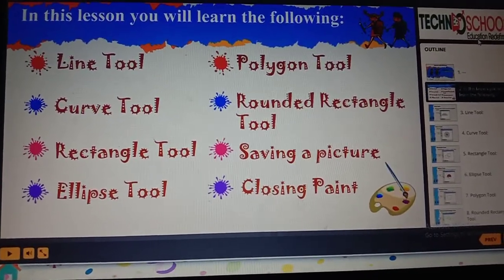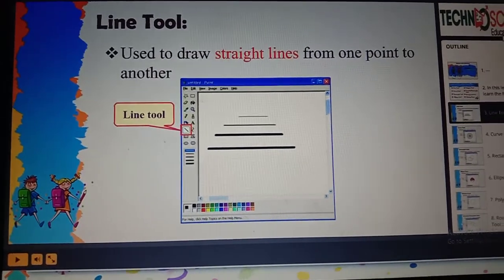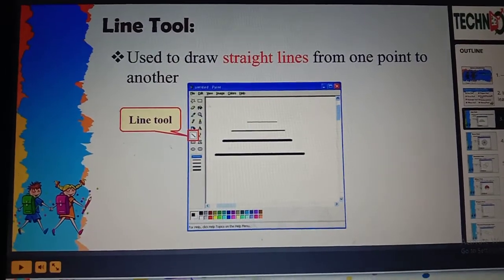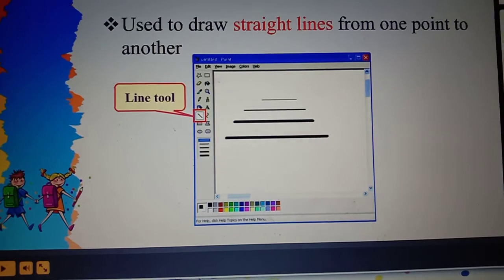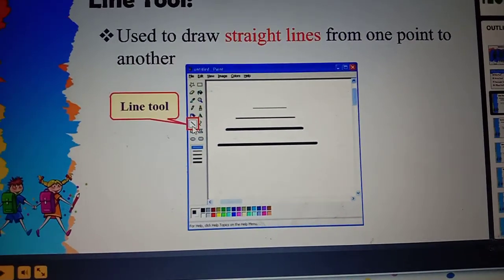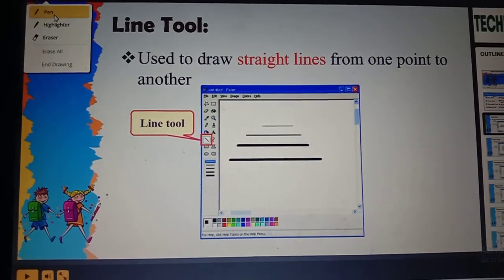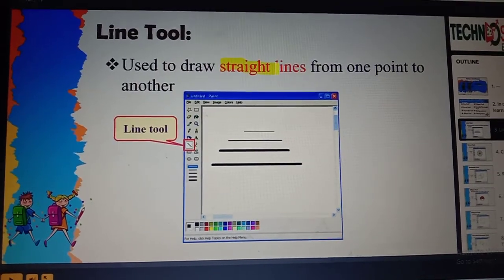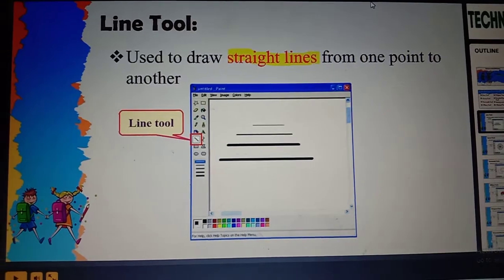Okay. First, we are going to see about the line tool. If I am telling you to draw a line in MS Paint, what will you do? You will pick the line tool, right? Yes, this is our line tool. See here, this icon is the line tool. It is used to draw straight lines. What is the meaning of a line?